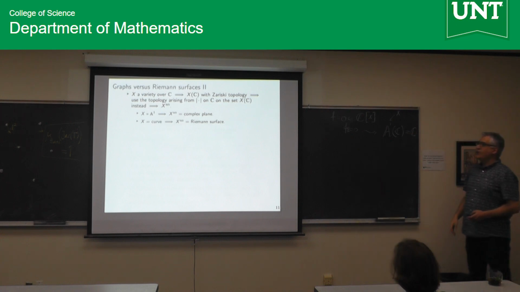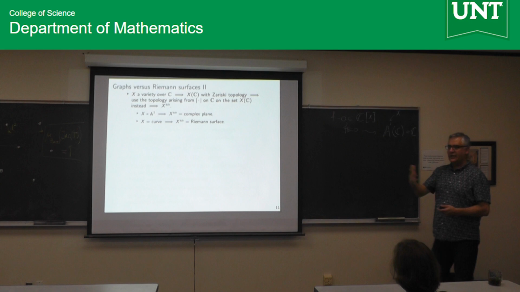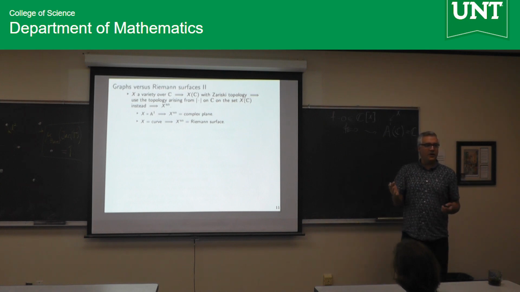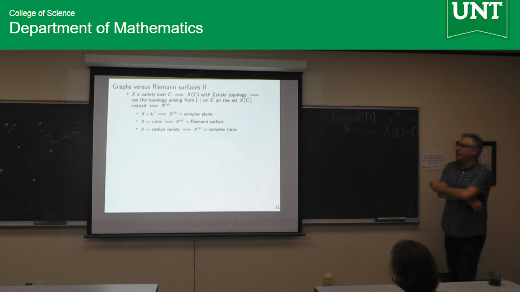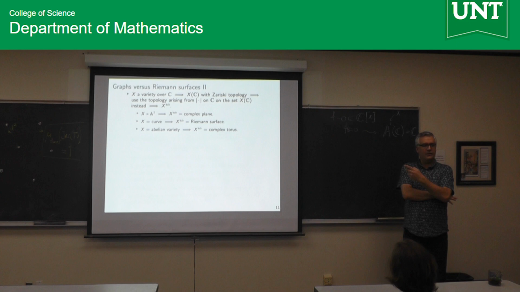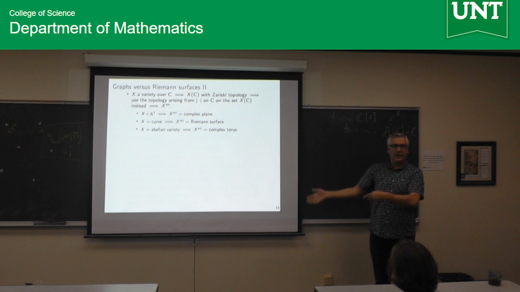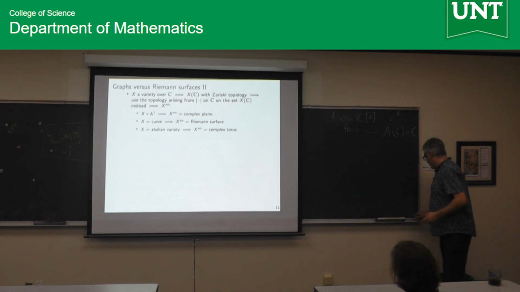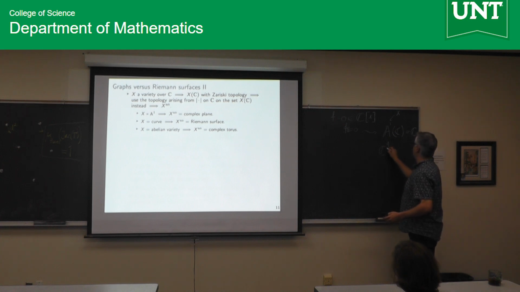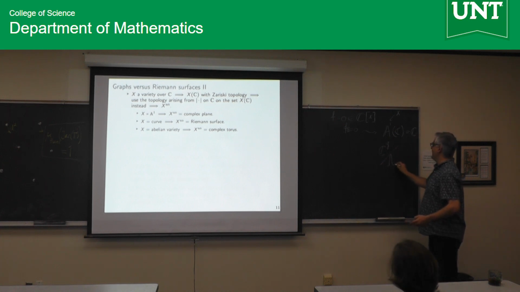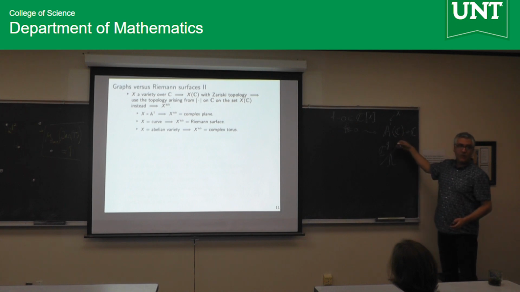And if you had a curve in algebraic geometry, if you had a bunch of equations that define some one-dimensional object, and you run this technology, you get Riemann surfaces, right? If you use something called abelian varieties, which I will come back to later, Jacobians, which I was mentioning earlier, are very important examples of abelian varieties. You get complex tori. By complex tori, I mean some C to the g modulo some lattice inside it, which is full rank. This is a complex torus.